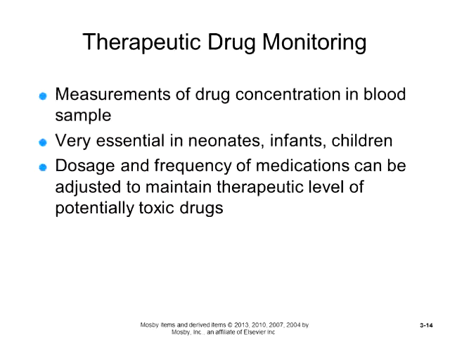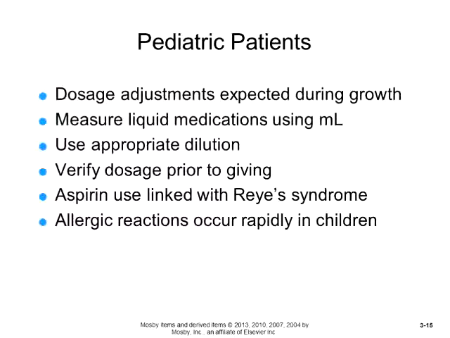All right, so I think I probably got ahead of myself. For pediatric patients, dosage adjustments are expected during growth. We have to measure liquid medications for them using milliliters. You have to, again, use appropriate dilution. You want to verify your dosage prior to giving it. Aspirin use is linked to Reye syndrome, so for most children we don't give aspirin. They'll use Tylenol or something other than that. Allergic reactions occur rapidly in children. These are just general principles that you are going to apply to the care of a pediatric patient